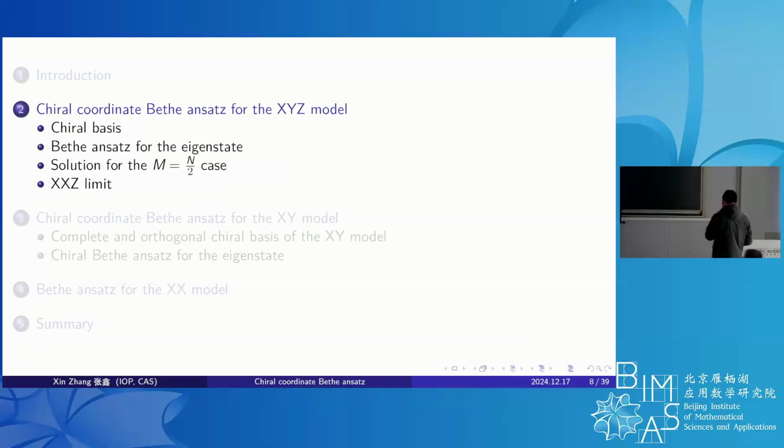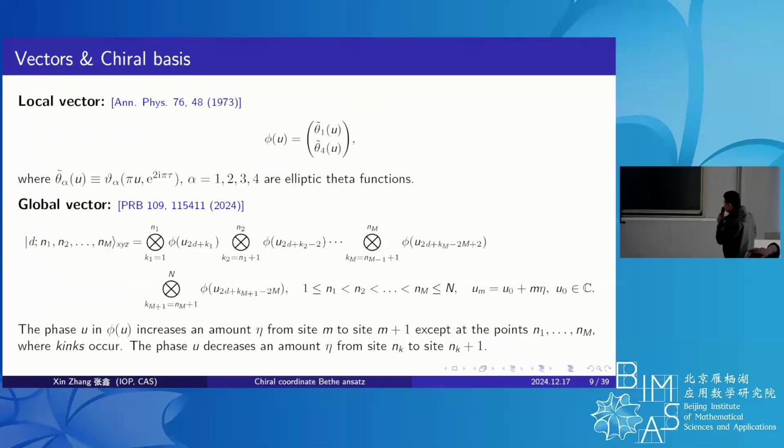Then there is the first part of our main work about the periodic XYZ chain at root of unity condition. First, I want to introduce a local vector, which was first introduced by Baxter almost 50 years ago. This local vector is also parameterized by the theta function, but now for this theta tilde function,